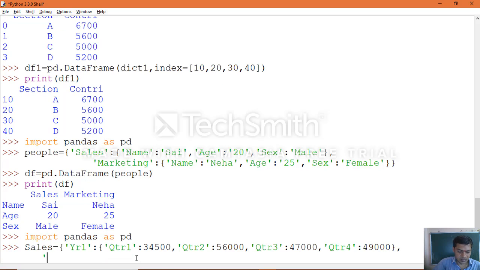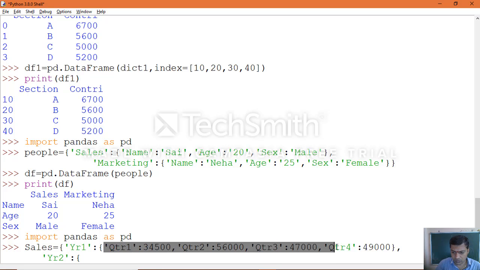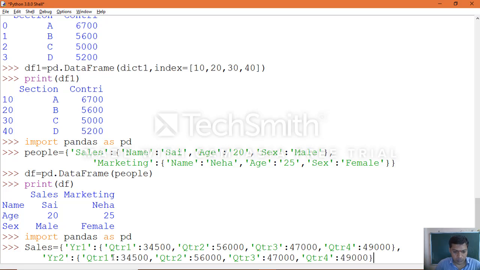Comma, another one is year 2, then within the inner dictionary, in the same manner, we'll change the values: 44,900.